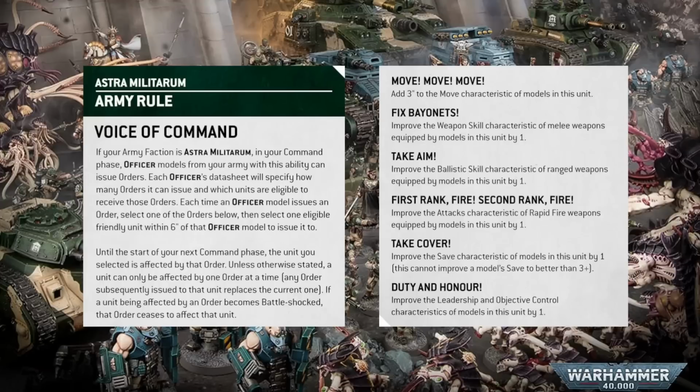They last from the beginning of one command phase all the way through your turn, all the way through your opponent's turn, and back round to your next command phase. Now, this has been done so that certain orders actually work. For example, there's no point in giving your squad take cover to improve their save characteristic in your turn when